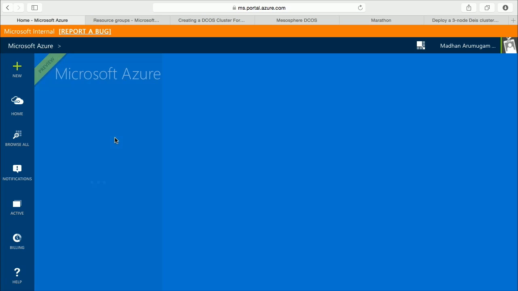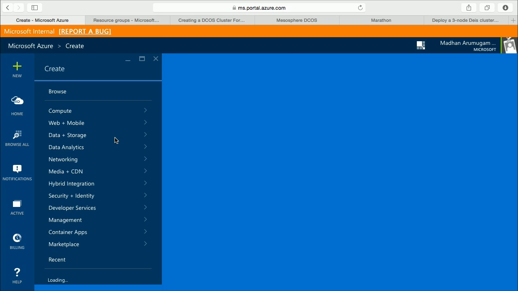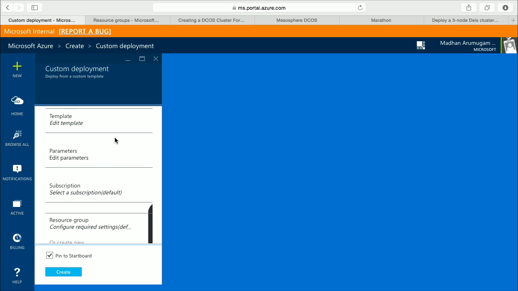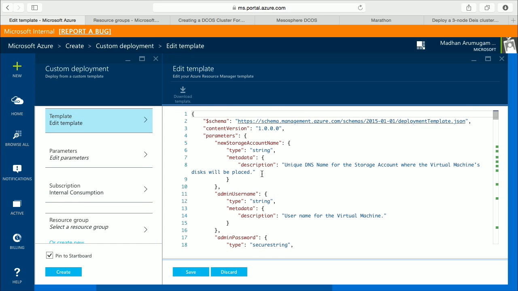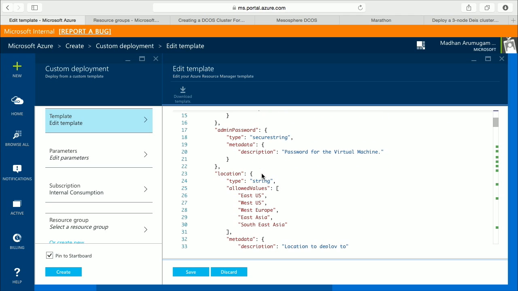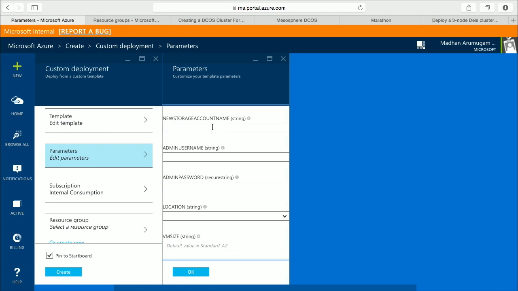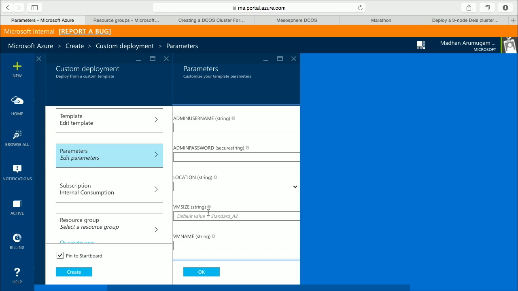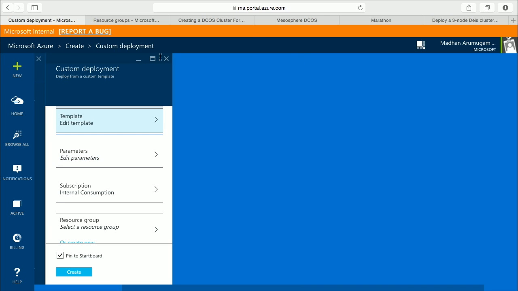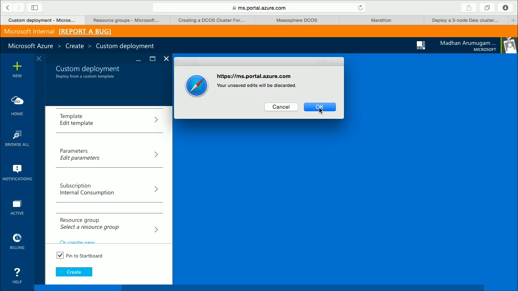But I'm going to skip that and just do a deployment, right? It's the same thing that you saw in the previous demos. It's going to log me in, pull the template from GitHub, and you can go edit the template as you need to. And what you would see here is it's creating a bunch of IP addresses and a virtual machine that will essentially act as your client virtual machine for deploying into Cloud Foundry. So I'm just going to do a save. I can edit the parameters that I want. It's going to ask what storage account you want to create for this client VM, what the username and password are, which location you want, the VM size, the VM name, and so forth. I've already done that, because obviously deploying the infrastructure takes a bit of time.